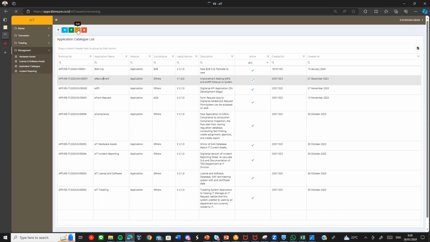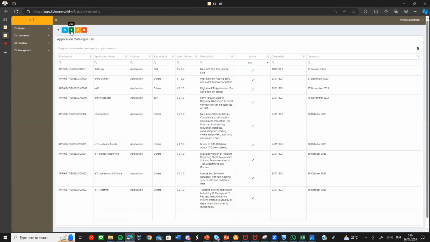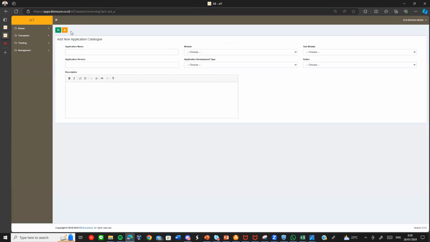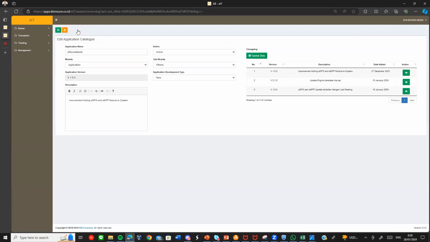And this is the AIT application catalog. This is the catalog of the IT applications for storing all the versions and documents in the system. For example, this is the log of the AIT recruitment system.